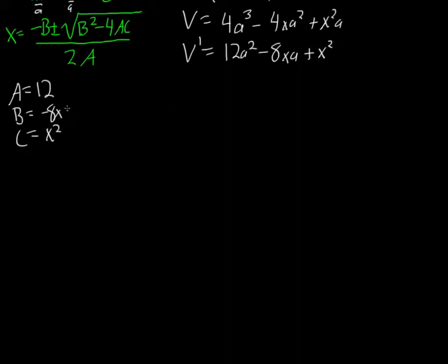Okay, so now we're going to set our derivative equation equal to 0 and solve for a using the quadratic formula. So therefore, a is going to be equal to